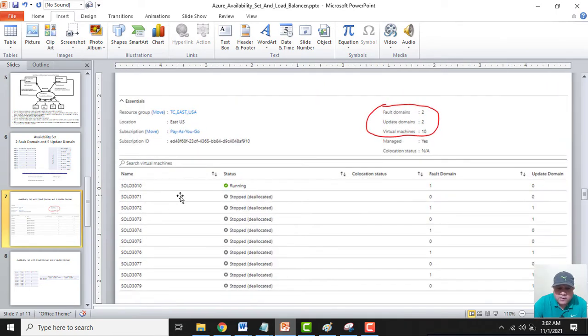This is the way Microsoft availability set has put the virtual machines. The first virtual machine has been put in fault domain 0, update domain 0. Then the second virtual machine has been put by the availability set in a way that it is at the position of fault domain 1 and update domain 1. So it goes 0 1 0 1 0 1 0 1 in this sequential manner, and the update domain also in a sequential manner, and virtual machines will be placed in a sequential manner only.